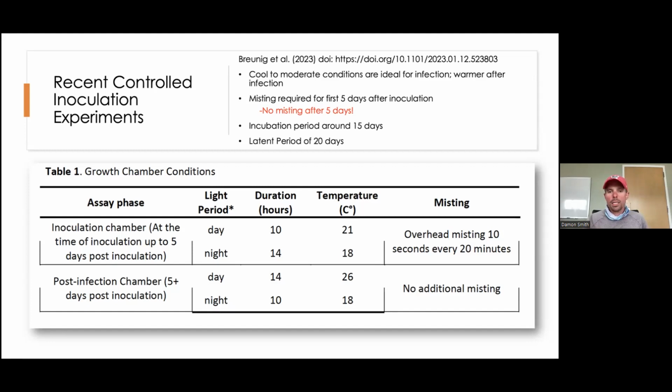And essentially what they did here is they took spores that were on plant material, and they were able to successfully inoculate young corn plants in controlled conditions. And I won't take you through all the steps, because they did quite a bit of work to crack the code, if you will, in these controlled experiments. But what's really interesting is that they needed consistent leaf wetness. And again, we're talking about optimal conditions here to maximize the amount of disease. They needed overhead misting 10 seconds for every 20 minutes for 5 days initially. And then they had to withhold all misting and all foliar leaf wetness after 5 days in order to get disease development. And that's really interesting.